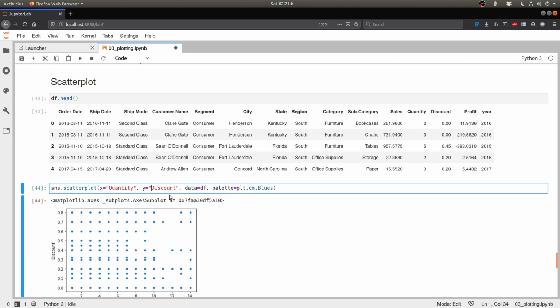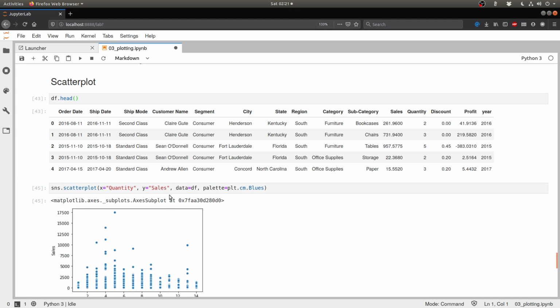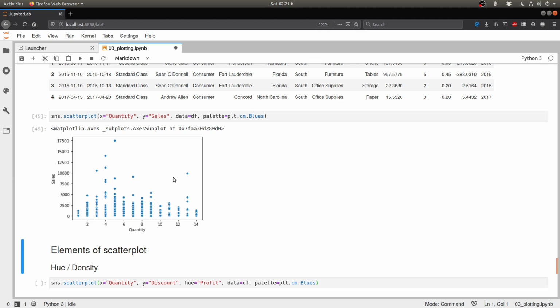So let's say I have quantity versus sales, and there it is. This is a slightly more meaningful scatter plot, because we see that the sales for quantity also are fairly random. You have quantities that have been ordered once, which make very little business, but at the same time you have quantities at the level of 5, where if you order 5 products at a time, it may make sales anywhere from 0 to 175. There is a $70,500 point, but that seems to be an outlier. This again seems to be an outlier. So you can use this kind of a technique to figure out correlation between 2-3 things.